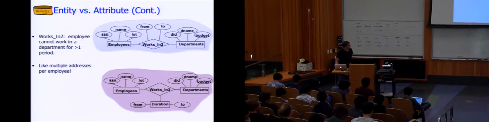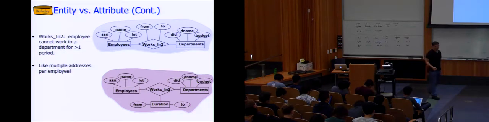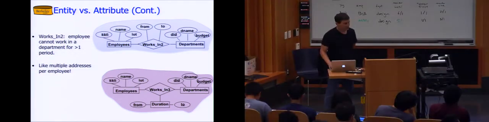All right, so this is in some sense the same idea as having multiple addresses per employee. Multiple durations per employee is a similar issue. It's just that it's associated with the relationship set as opposed to with the